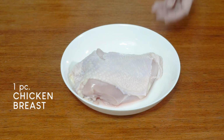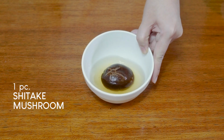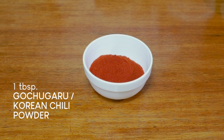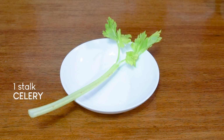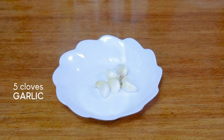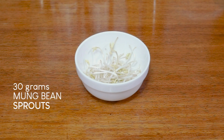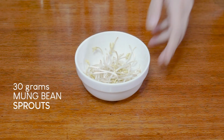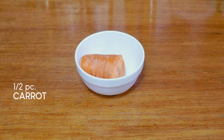We will need 1 piece chicken breast, 1 piece shiitake mushroom, 1 tablespoon of gochujang or Korean chili powder, 4 to 5 stalks of leeks, 1 stalk of celery, 5 cloves of garlic, 30 grams of mung bean sprouts, 1 piece of white onion, half piece of carrot,